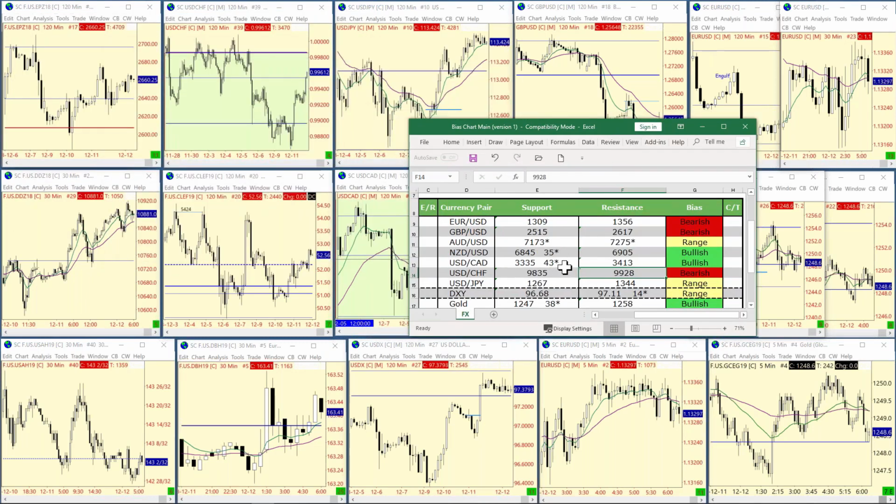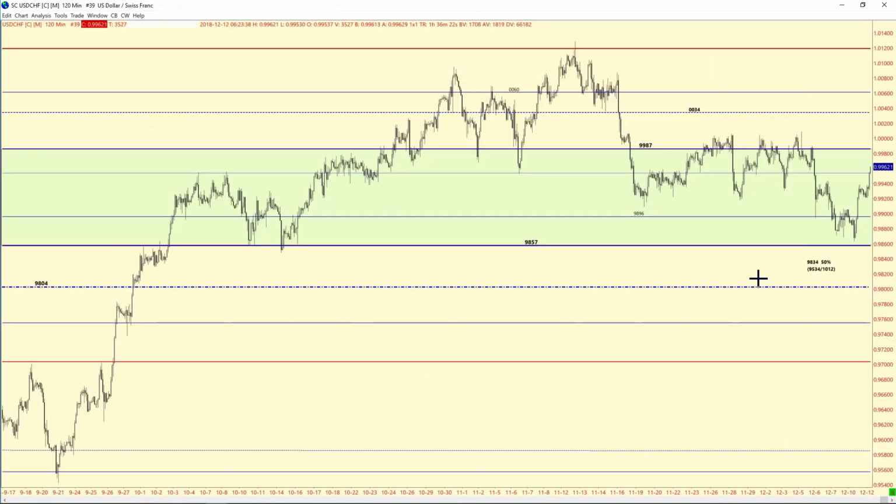And let's go and move into the dollar Swissy. We have been able to get past this resistance, obviously because of strength in the dollar. And we were down here towards the lower part of this range, and it actually defended this lower area on the range and made this push higher. Resistance, well, that would be right up here at the top of the range.